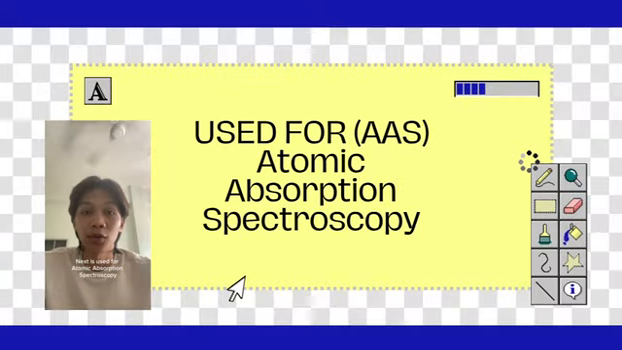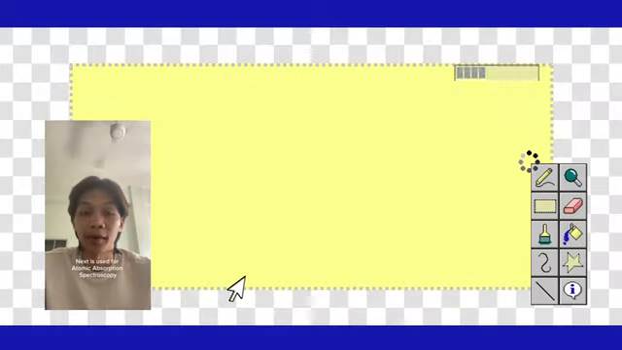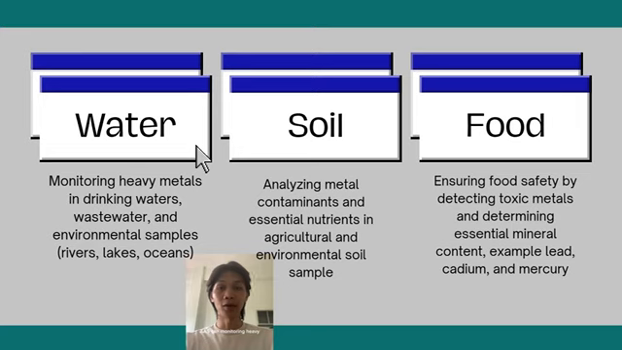Next are the uses of atomic absorption spectroscopy. For water, AAS can monitor heavy metals in drinking water, waterways, and environmental samples such as rivers, lakes, and oceans. For soil, AAS can analyze metal contaminants and essential nutrients in agricultural and environmental soil samples. And next, for food, AAS can ensure food safety by detecting toxic metals and determining essential mineral content, for example lead,